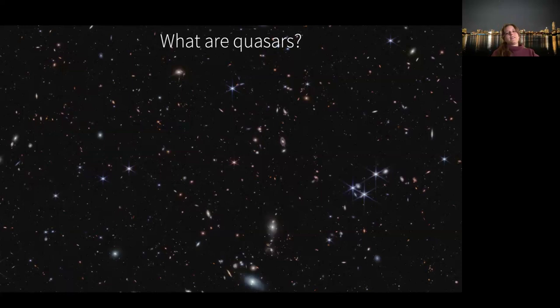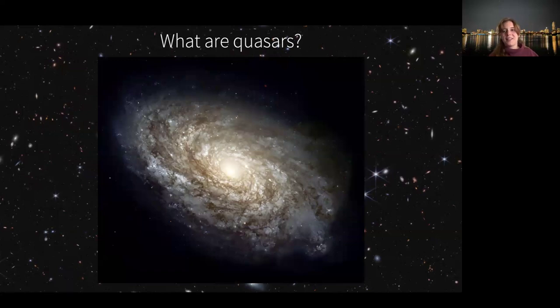So what are quasars? I'm not sure how many of you have heard the word quasar. It's sometimes a very obscure word, but in this background that I'm showing you, most or all of these dots and smudges you can see are galaxies. Everybody has seen an image of a galaxy. I can see that one participant has an image of a galaxy on their Zoom profile. So we've all seen a galaxy, as I'm showing in this picture.